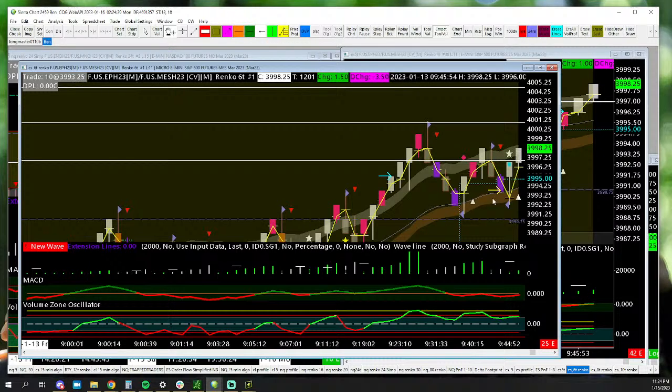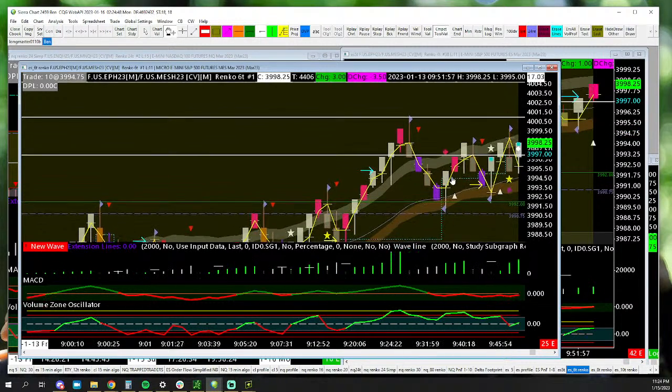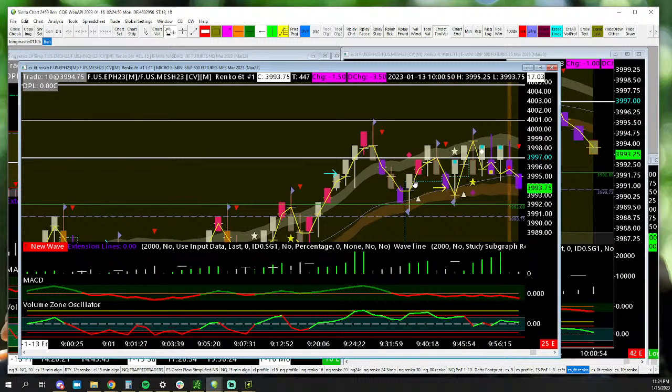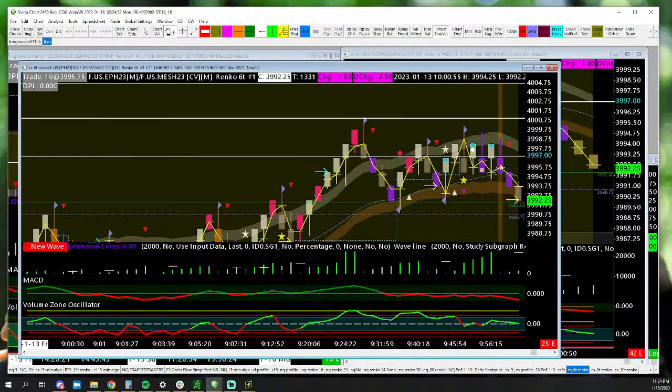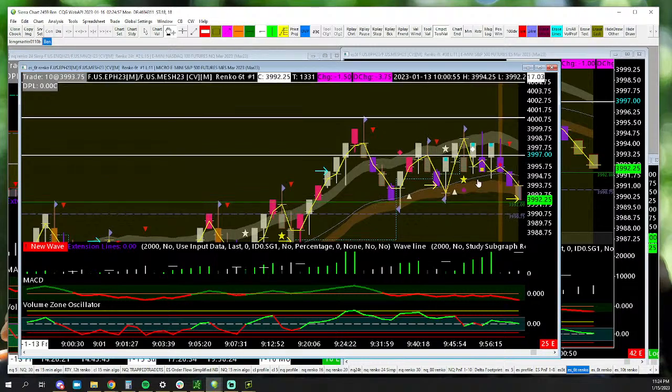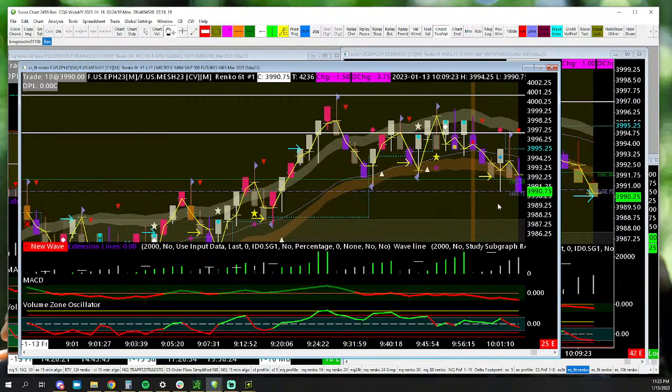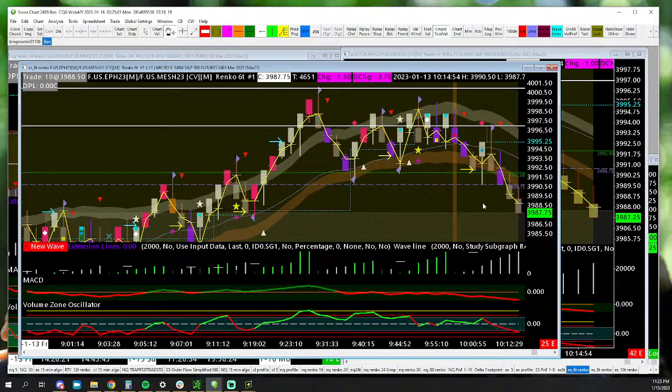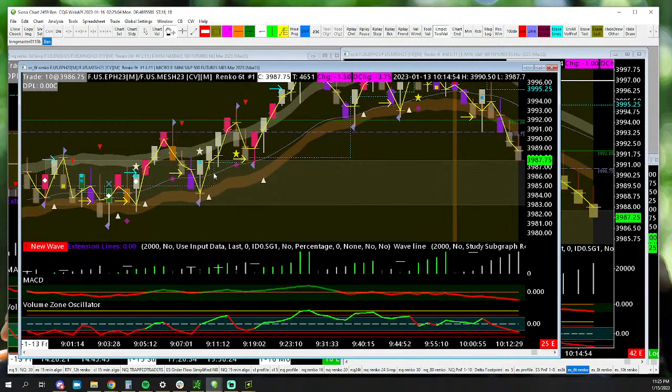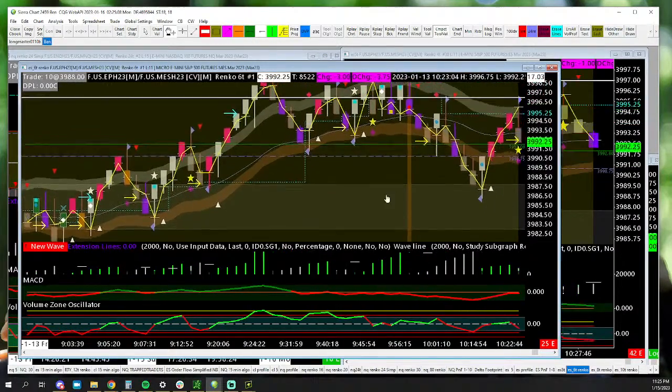Star, no pink bar. Let's see. So now we can say, if they can break down under this and put some volume under there, it's done. So now they got diamond purple bar. That's bearish, right? That combo is bearish. They take it. Do they take it with volume? They do. So at this point, I would expect that we come back and check on some of these apexes. How far we get, I don't know.